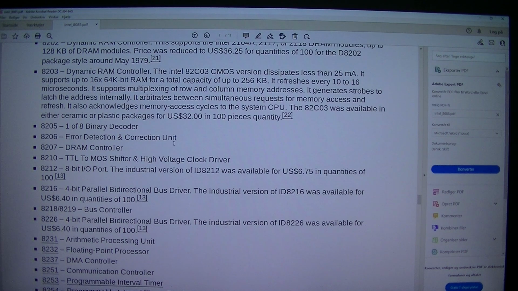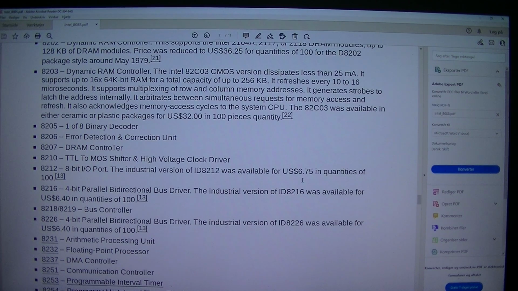Bidirectional unit. 8207 DRAM controller. 8210 TTL to MOS shifter and high voltage clock driver. 8212 8-bit I/O port. The industrial version of the